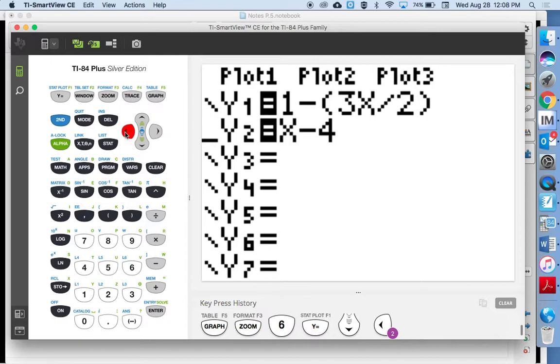And if you hit enter, that little line changes to a darker line. Hitting enter again changes to a line that has shading above. If something is greater than or equal to, we shade above the line. If it's less than or equal to, we shade below the line. So I want my graph to shade above this line because my y1 is supposed to be greater than or equal to y2. And then when you hit graph,